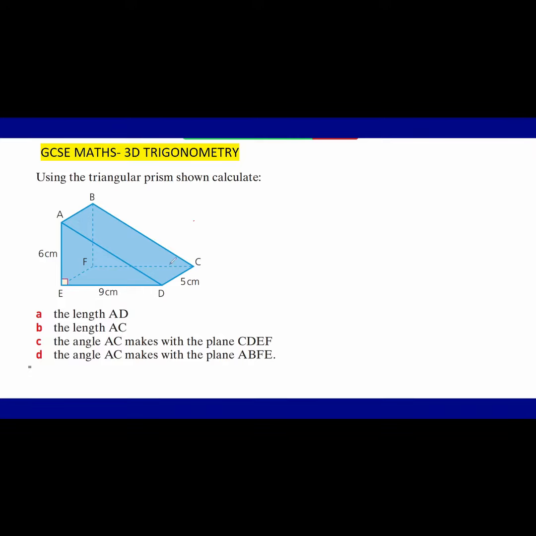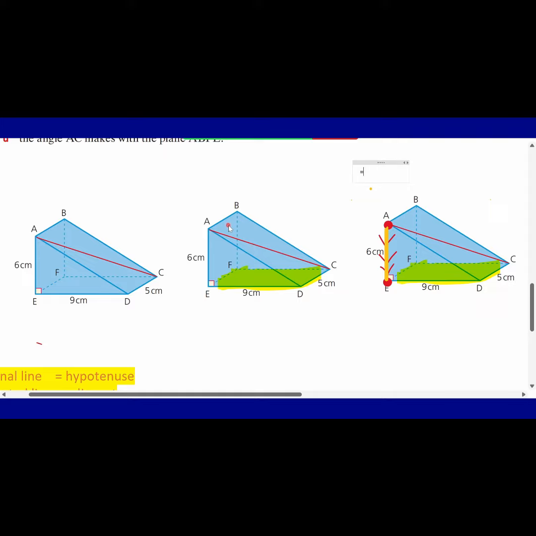Find the angle that line AC makes with the plane CDEF. So this is our line AC, and the plane CDEF is shaded in green and yellow. The tip for finding the angle between the line AC and the plane CDEF is, if we observe the line AC and the plane